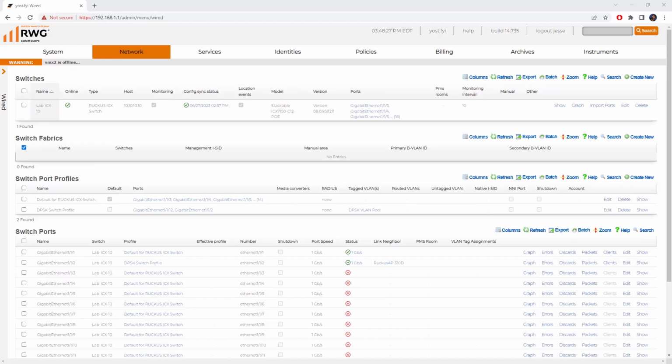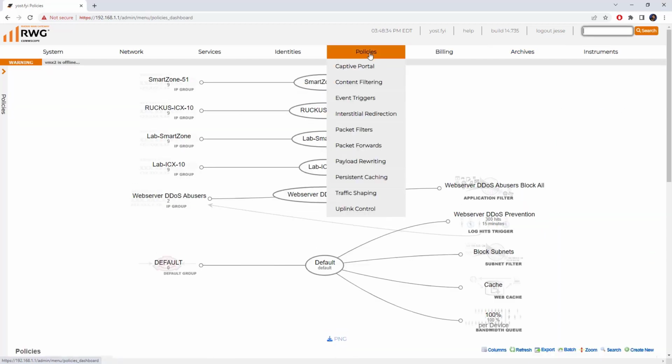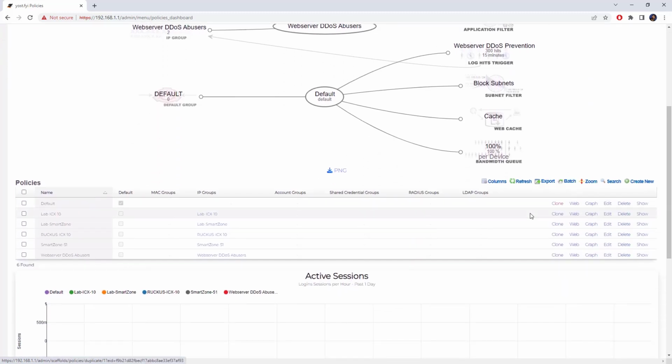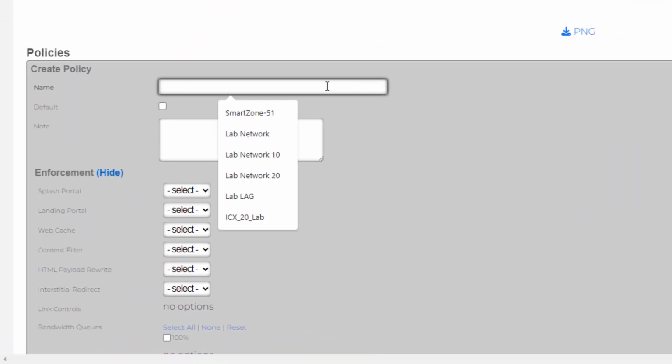Now we're going to create a new policy to attach to this DPSK VLAN pool. We're going to click on Policies, and we can see all of the created policies that I've defined, as well as the default policy and some of the matches for that, for the web server, DDoS protection, block subnets, as well as the bandwidth queue. But scrolling down under policies, you can see the defined policies here. I'm going to create a new one by clicking Create New. I'm going to call this DPSK policy,